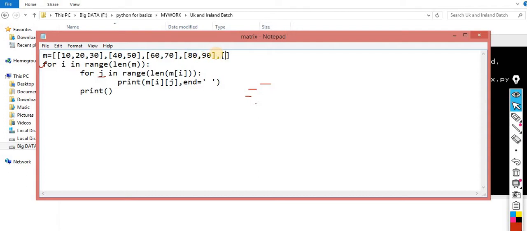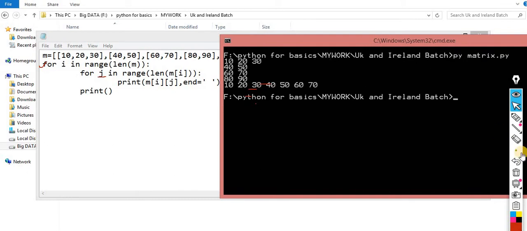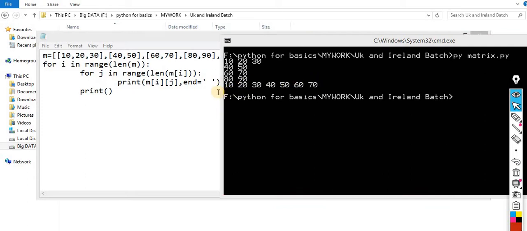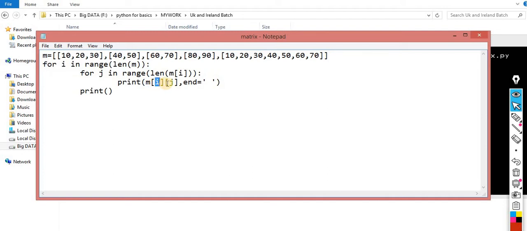Let me use another value over here: 10, 20, 30, 40, 50, 60, 70. Now it will execute 7 times. Let me show you the same. Now you can check the output, because this time this row has 7 columns, so this j loop will be executed 7 times, for 0, 1, 2 and so on. Here the values are changing: 4, 0, 4, 1, 4, 2, 4, 3, 4, 4, 4, 5, 4, 6. And we know this is the 4th index. When I process 4, 0, you get 10. 4, 1, you get 20. 4, 2, you get 30. 4, 3, you get 40, and so on.